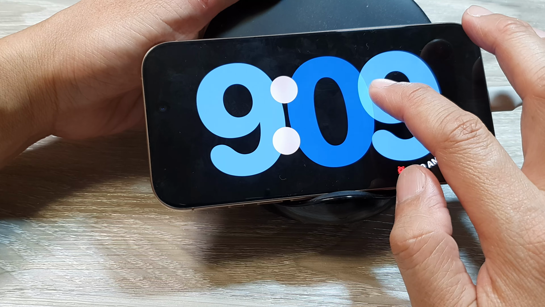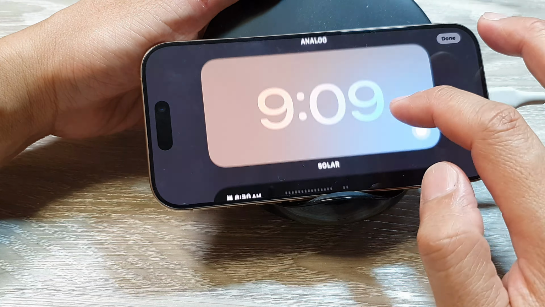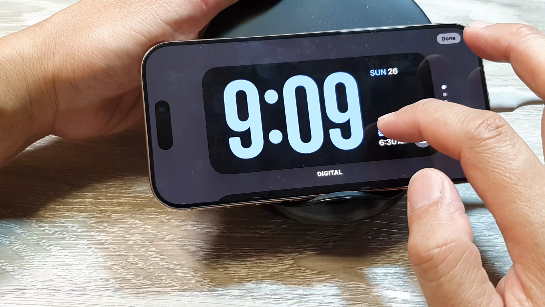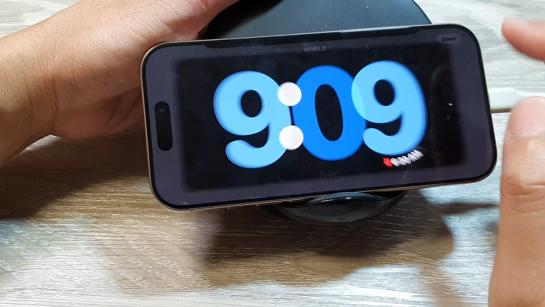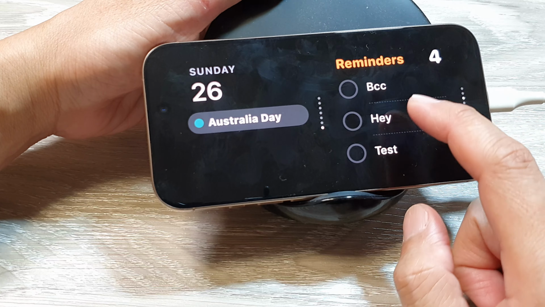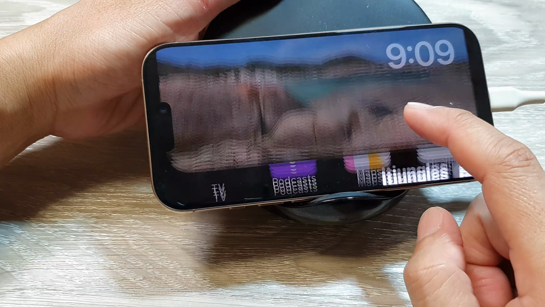Or you can just touch and hold on that. And once you're in here, it shows a wall clock, solar clock, analog clock, and digital. So you can just switch between them. And that's it. So those are the three different screens, the widgets screen, the photos screen, and the clock